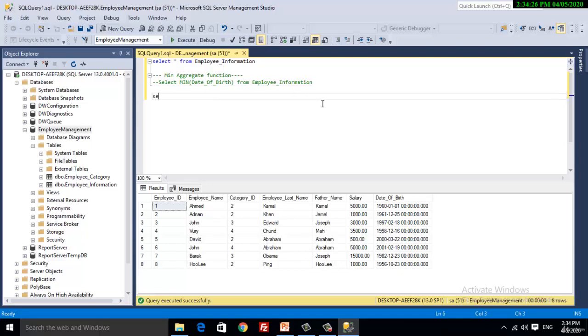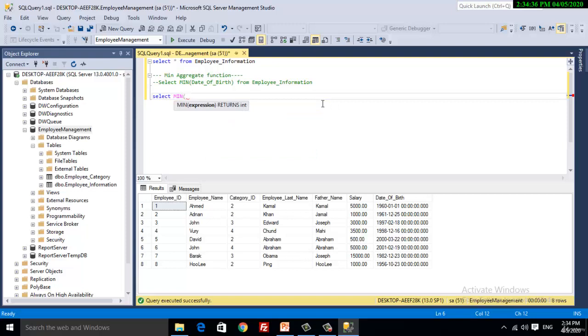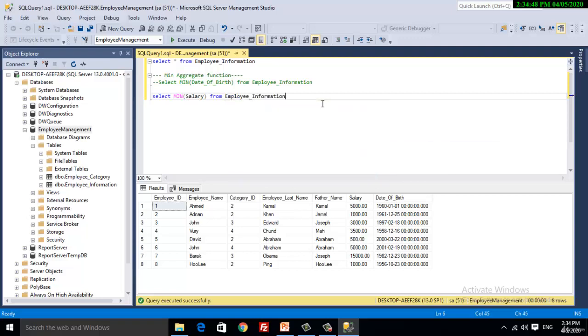Let's write a query to get the minimum value of the salary column. Select min, salary, from employee information.